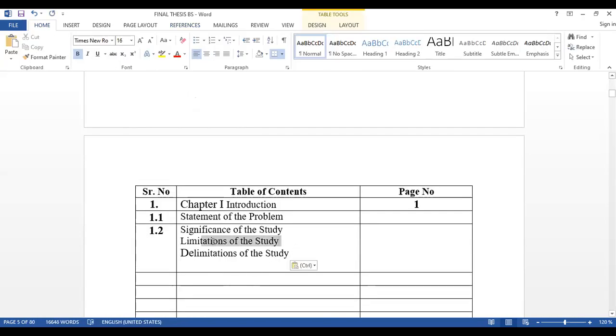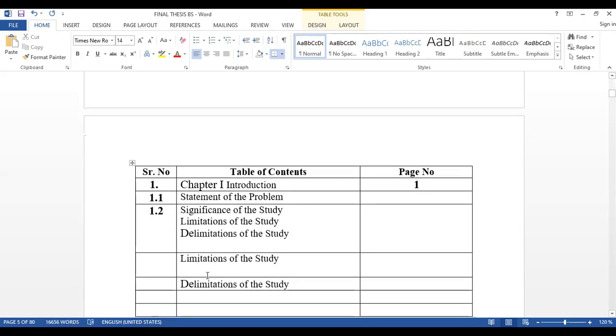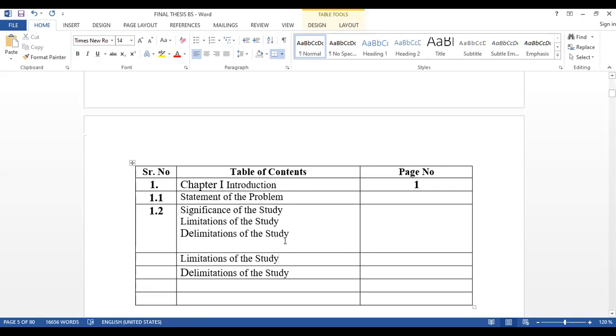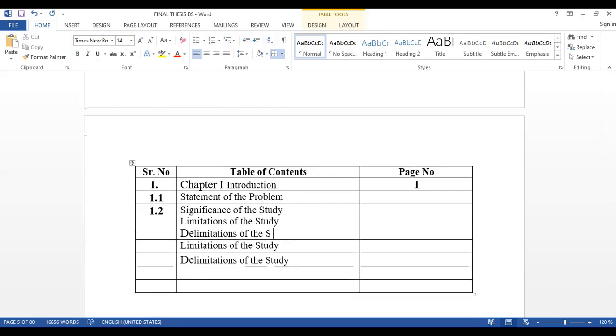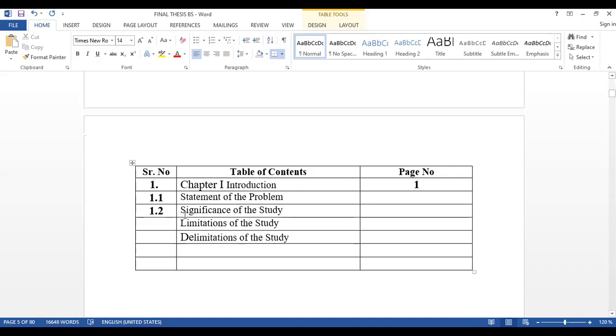After that I select limitation, copy, paste, delimitation, copy and paste it here. What should I do now? I delete from here. 1.3, 1.4 and here our chapter 1 is completed.